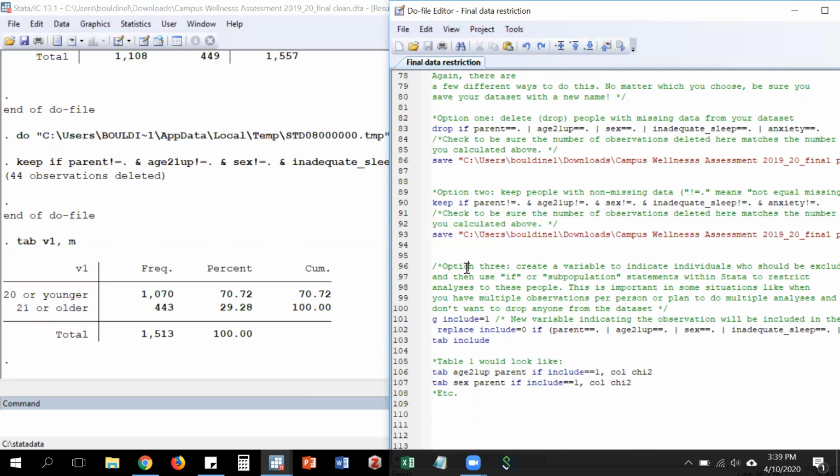So the last option is one in which we're not deleting anybody from our data set. For the purposes of this class project, it's fine to just drop people who we're not including. But there are lots of times in my regular work projects, regular research, where I don't want to completely drop people from the data set because maybe I'm doing an analysis with a subset of people,